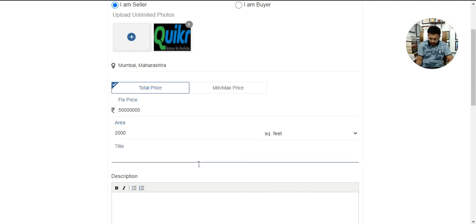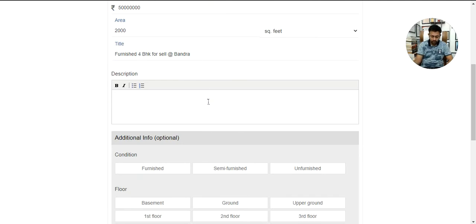For example, we can say furnished 4 BHK for sale at Bandra. Here we can say luxury villa for sale at Bandra, Mumbai.